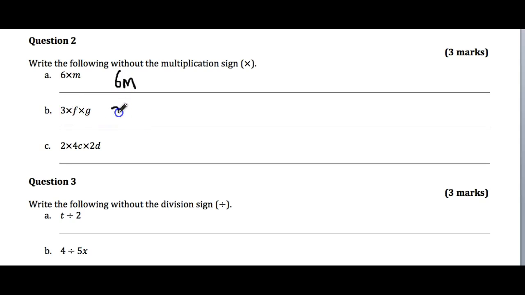Here we have 3fg. And then at the bottom, C, we have coefficients as well as pronumerals. So this is the same as 2 times 4, and between this 4 and the C, there's a multiply sign, and between the 2 and the D, there's a multiply sign. So these are the same thing, okay, so they're equal. So you can do your numbers first. So your coefficient, so 2 times 4 is 8, 8 times 2 is 16, and then we do the pronumeral